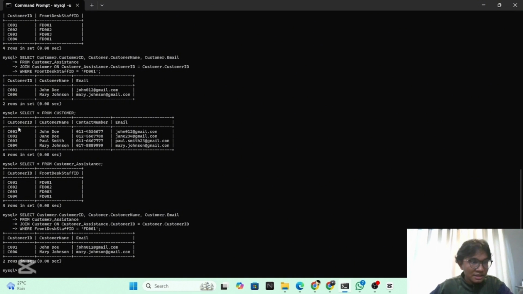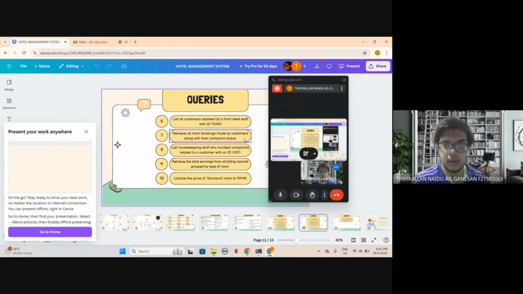We will join by using the customer ID for both tables, and then where front desk staff ID equal to FD001. And only FD001, the only one, will be shown, and then this is the table that is selected column. So now I'm going to do the 7th query, which is to retrieve all room bookings made by the